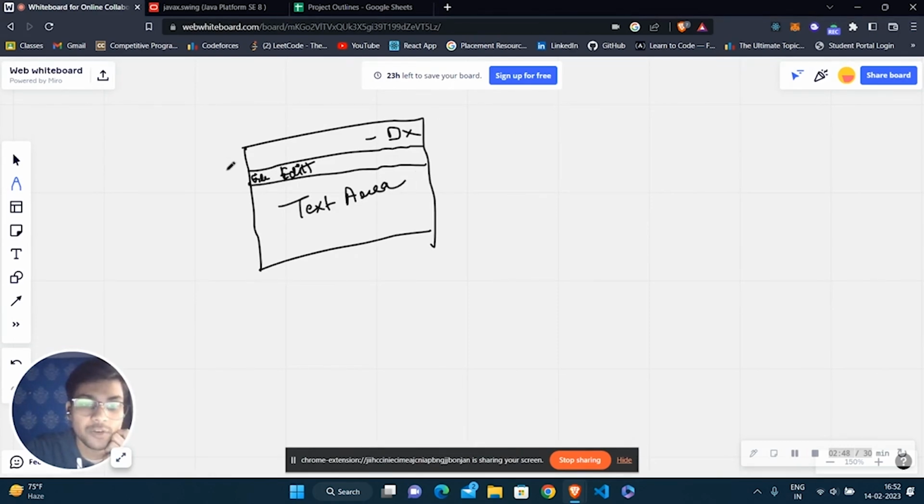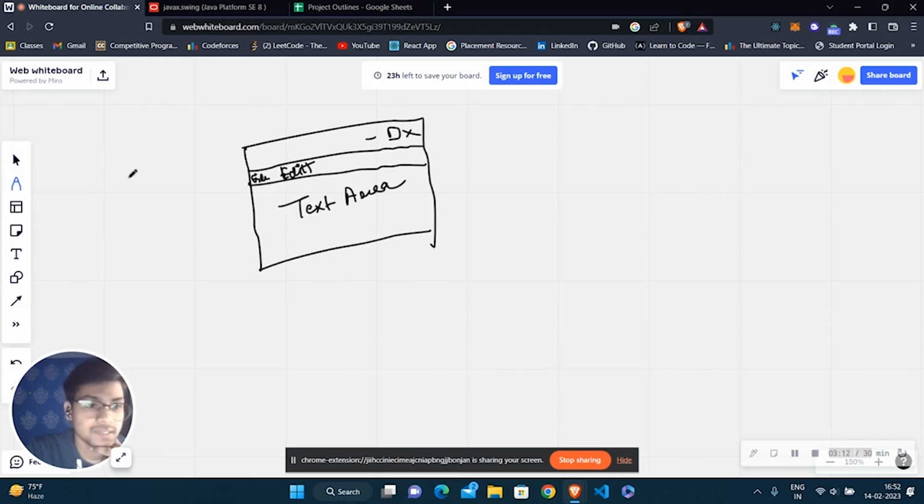So inside this file menu, I have different functions that were new window, save file, open file, and so on. And inside this edit menu, I had cut, copy, paste, and so on. So how we are going to implement this particular window-based application using the Java Swing library?